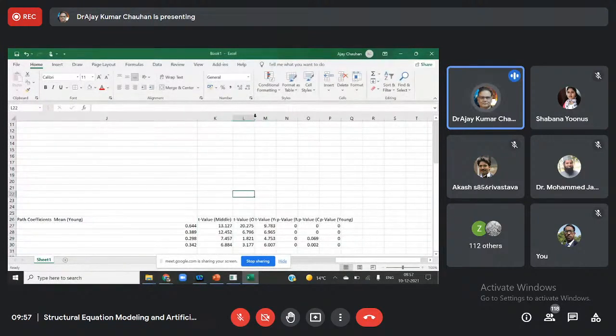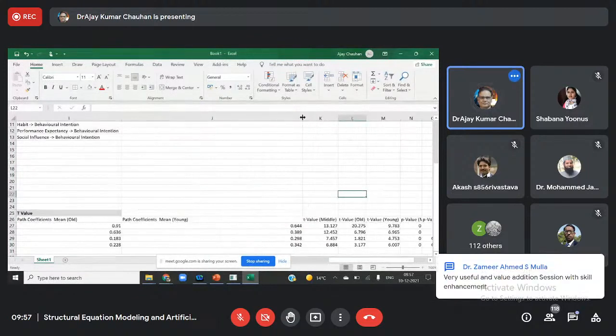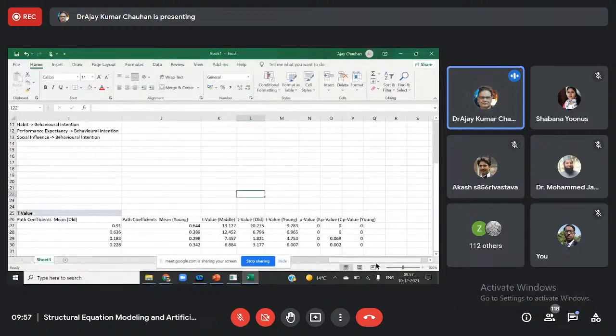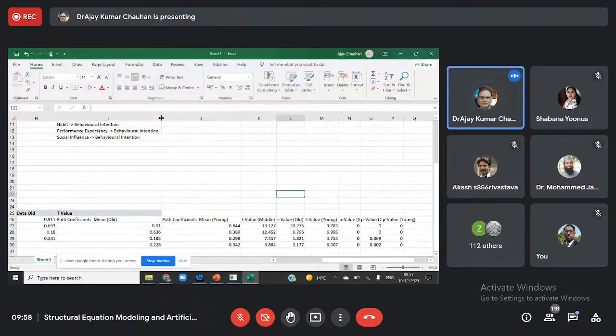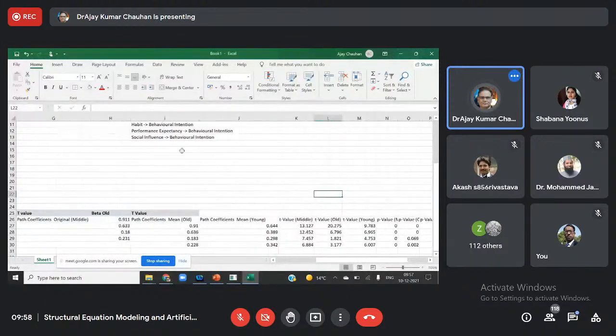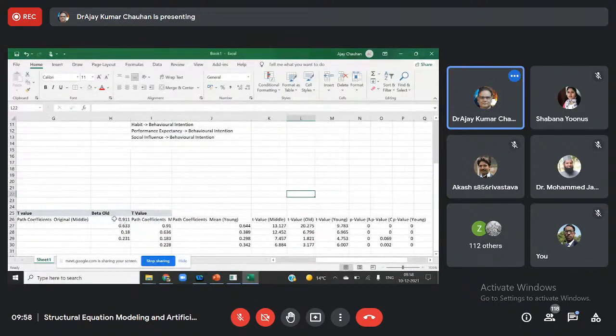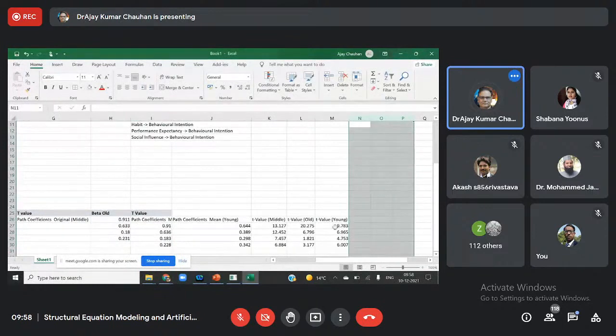Delete the middle T value. I will take only one minute to arrange all these things, because this table is made to compare. Okay. So I need the T value of the old. These other values I also do not require. Delete. So the T value of the young, the T value of the old. So I take all these values